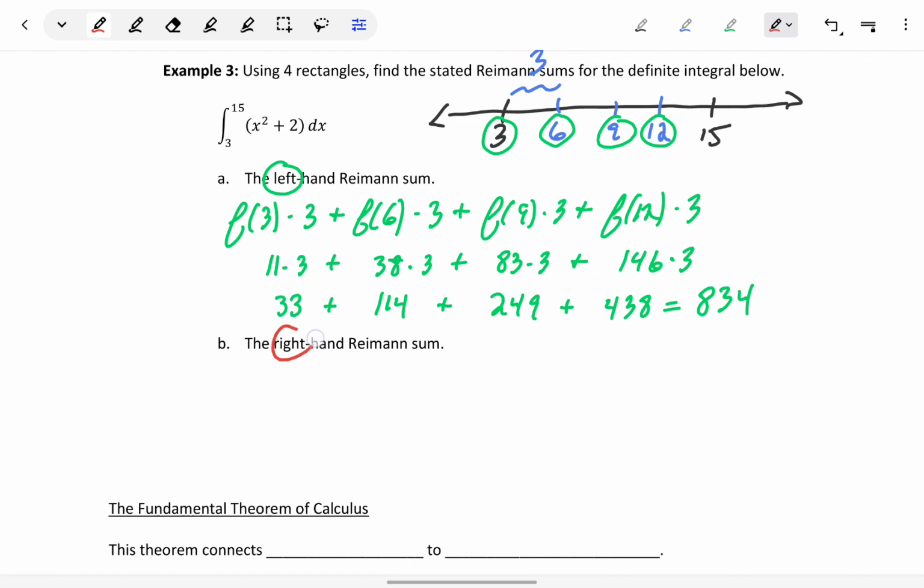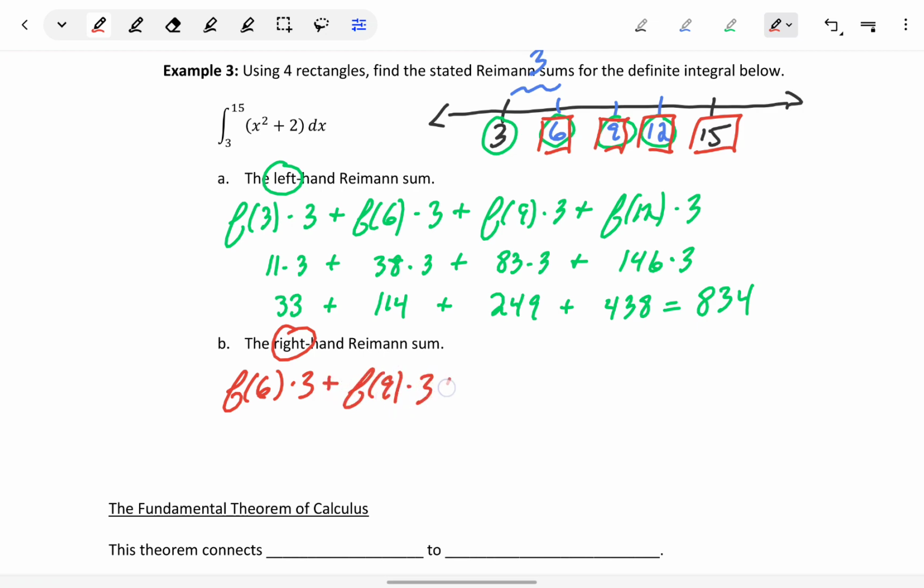In part B, we want to use a right-hand Riemann sum, meaning when we're drawing those rectangular regions, we'd want to use the right endpoint of each interval to give us the height of the rectangle. So we would draw up from those x values till we hit the function and then square off that rectangle. This means we would calculate f of 6, the height of that first rectangular region, times 3, which is still that fixed width of each interval,